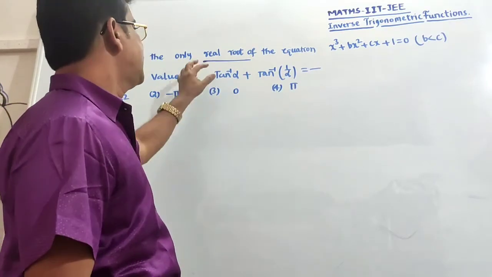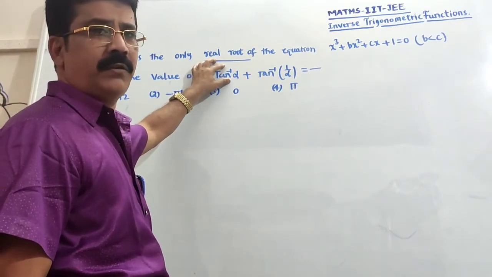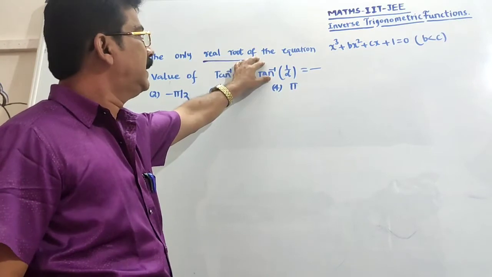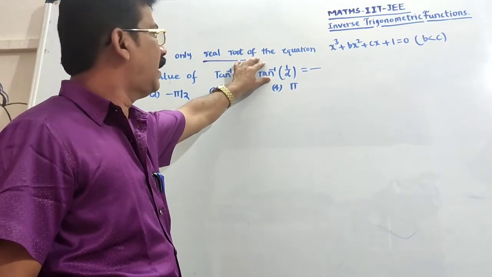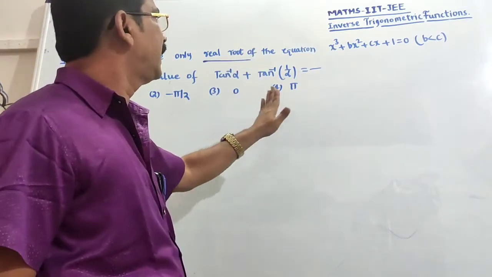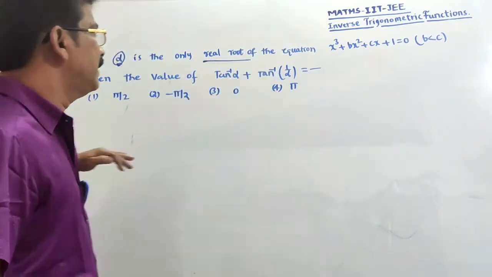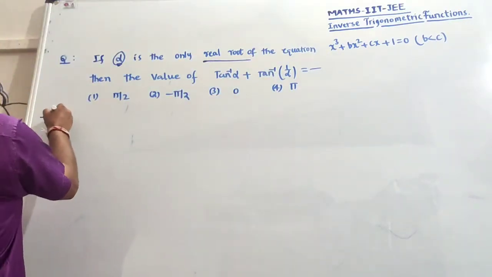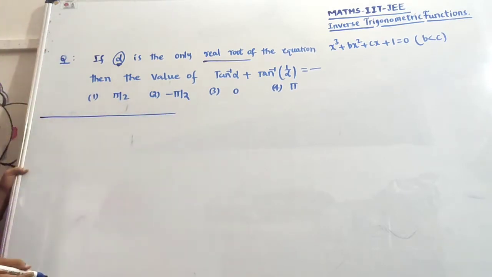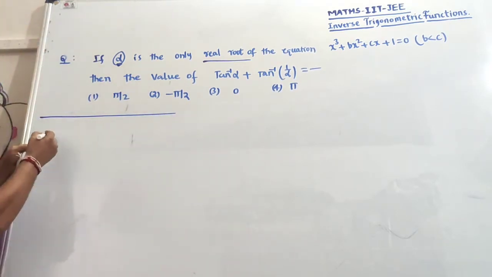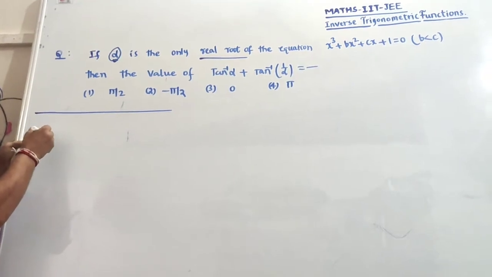In such a case, what is the value of tan inverse of alpha plus tan inverse of 1 by alpha? Four options are given. Later we will discuss the cubic equation. First, in inverse trigonometric functions, in our present topic, we notice that